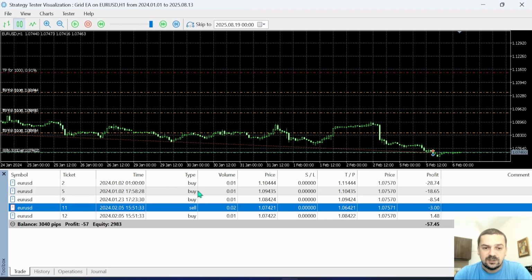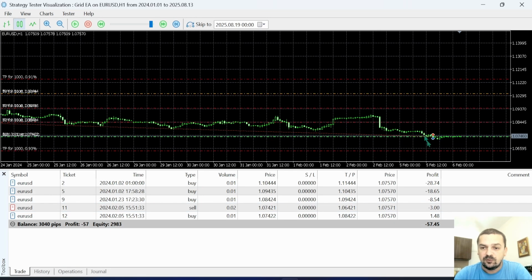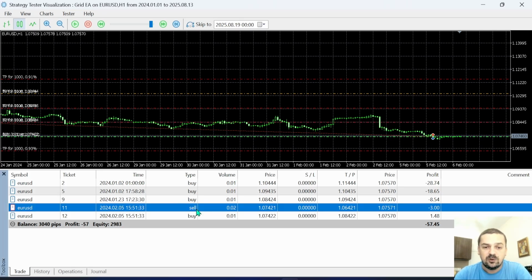Okay, you can see that this is exactly what happened. We have another take profit here, and 2 new positions were opened, and once we hit the next take profit, one of these positions, take profit here or take profit here, so the sell position will be closed or one of the buys will be closed, and once we open a new pair of trades,